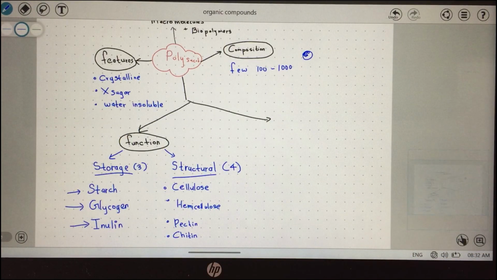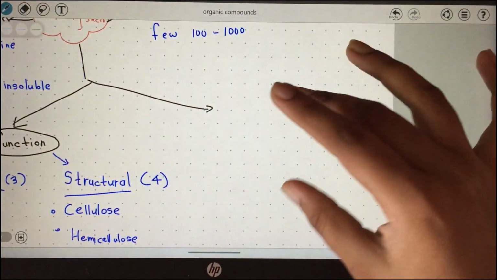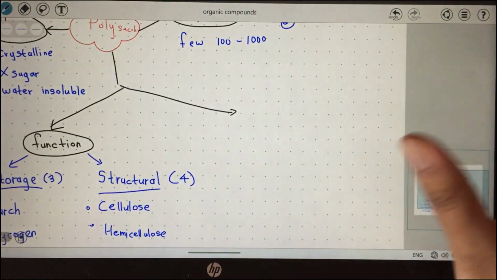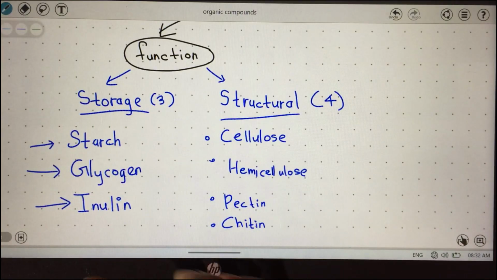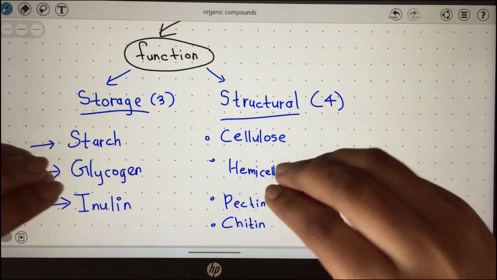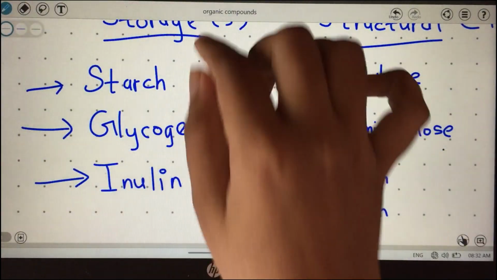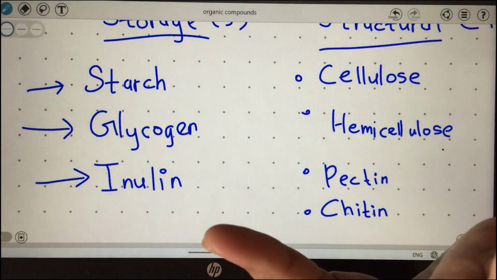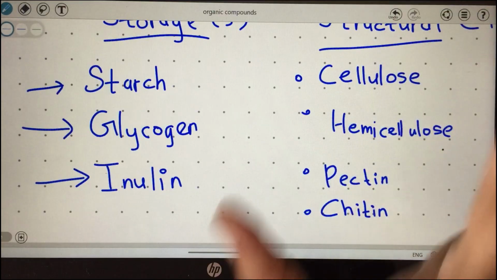Now that's about the categorization based on their function. Now you have the categorization based on their architecture. Now before that, here storage, no? So what they store is important. Structural, where it is found is important. But I'm not going to write that now here, but maybe just to give an idea, I'll write it within brackets in a very short way, okay? Because again we are going to come across this under functions of each polysaccharide.